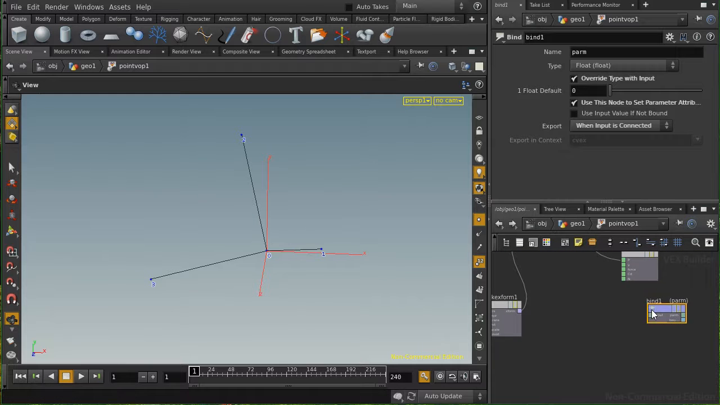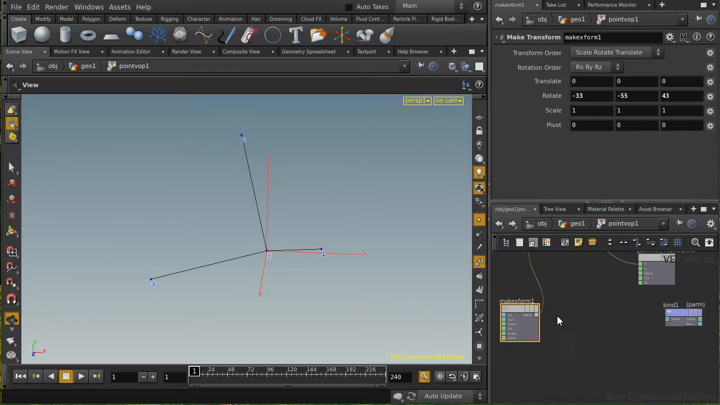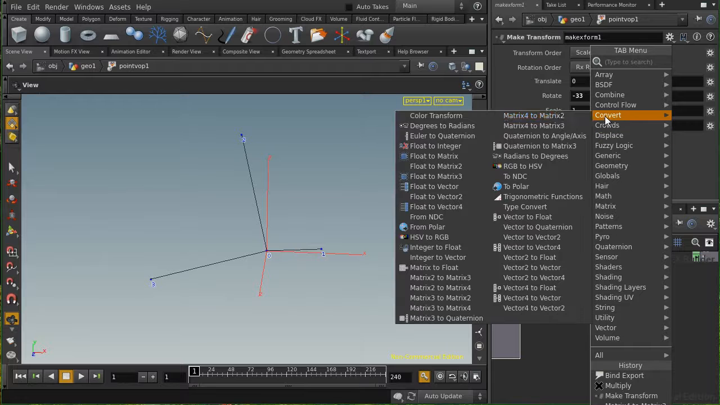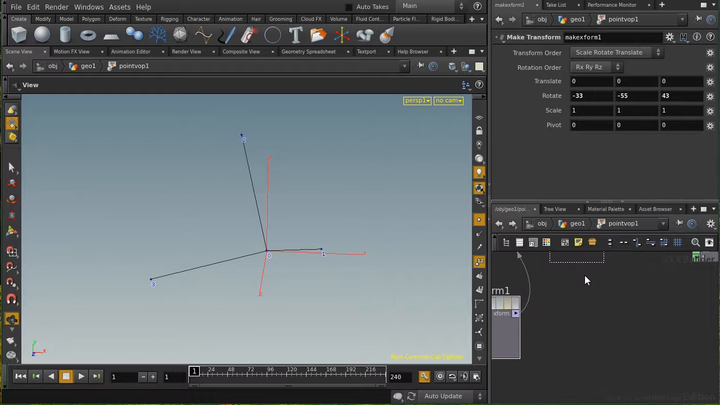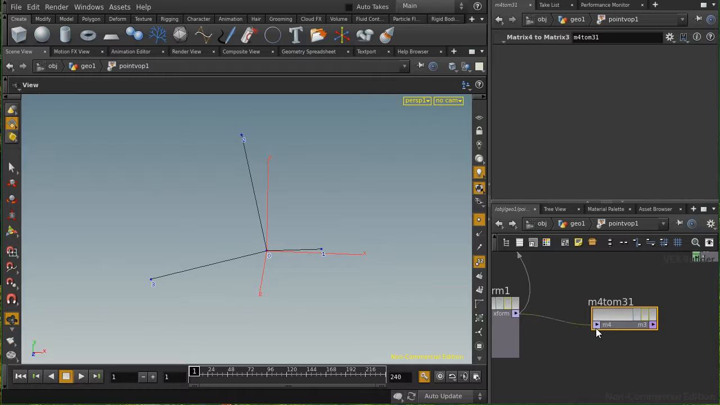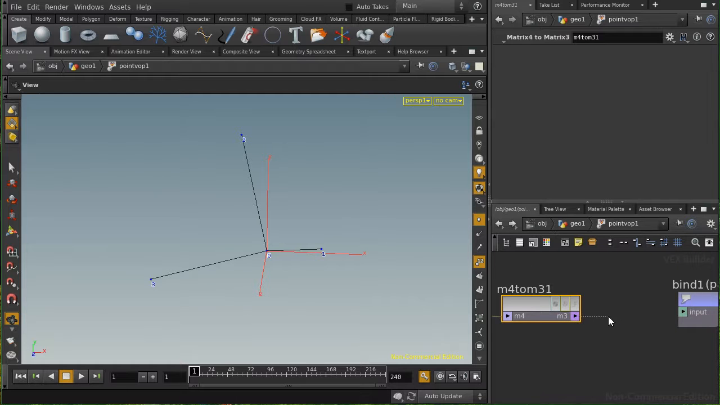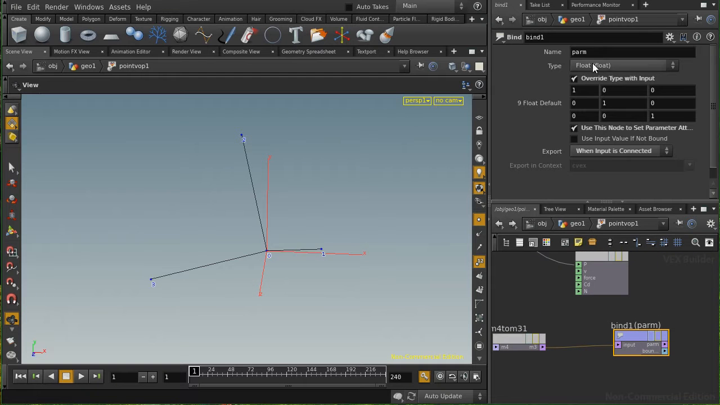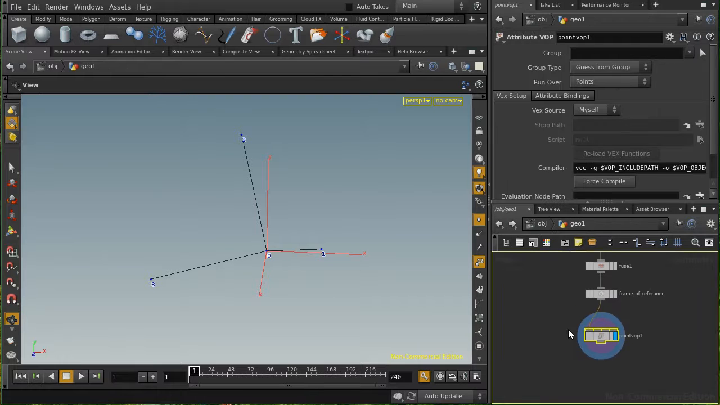So I will create a bind export, but from this node we have a 4x4 matrix, and I want 3x3. From the convert node here, we can see there is matrix 4 to matrix 3. So connect this matrix 4 here, and the result is a rotation matrix 3x3. So I will rename this new attribute to rotation matrix,